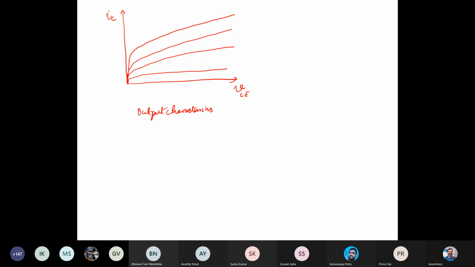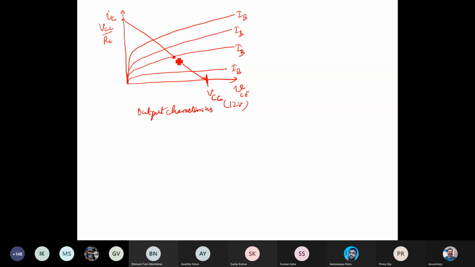Imagine the collector current, so basically we put up a line. Let's say the maximum would be restricted by the VCC, which you connect to the supply. If it is 12 volt, then 12 volt would be a point. The maximum on this line would be VCC by RC. And it intersects the curves for different values of IB, the base current. You're giving a signal into the base, so different values of IB.